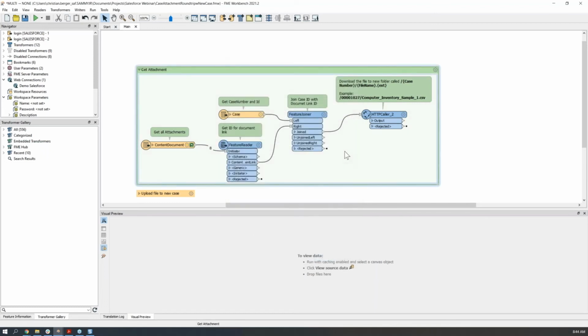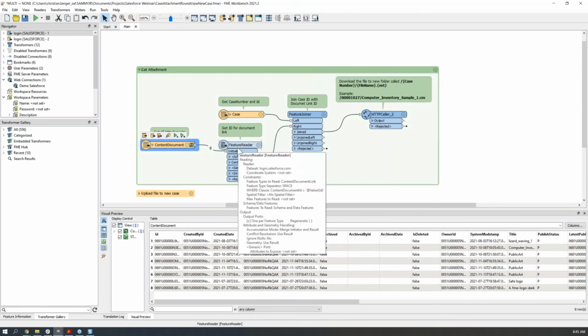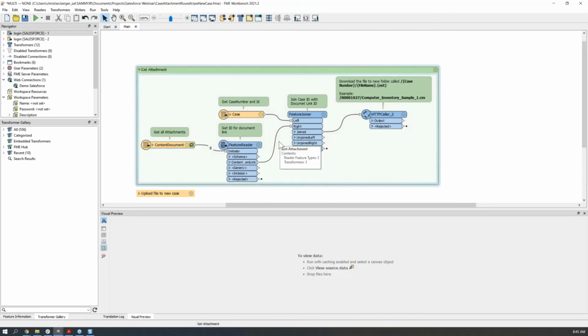Before we get into this, I actually want to make one note here. If you are going to use the feature reader, because we are going to be conscious of the number of batch jobs we're creating, I'll just point out that in this specific workspace, we're not only creating these 2 batch jobs in Salesforce, we're also creating 8 that are being sent into the feature reader. So for every feature that is sent into this transformer, we're going to be creating a separate batch job on the Salesforce side. So you can see in this case, we're going to be creating 8 jobs. That's actually going to be pretty inefficient because it's going to slow down, make our data kind of wait on the Salesforce end because we're